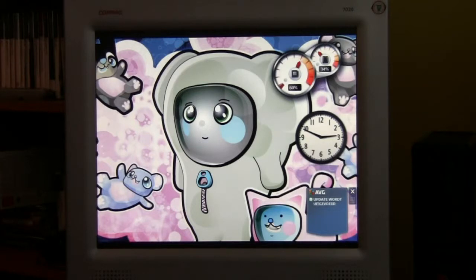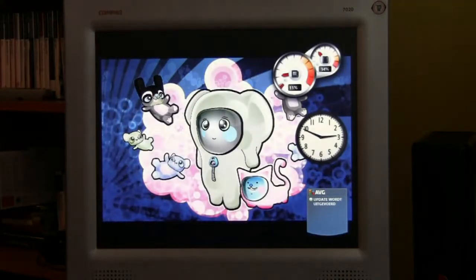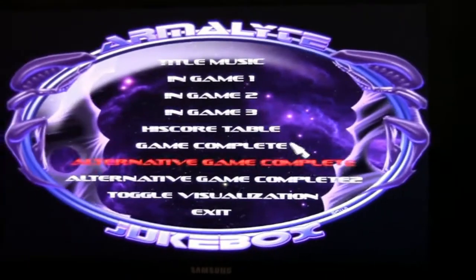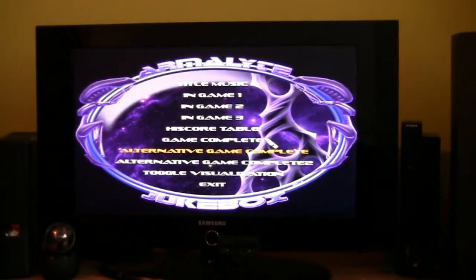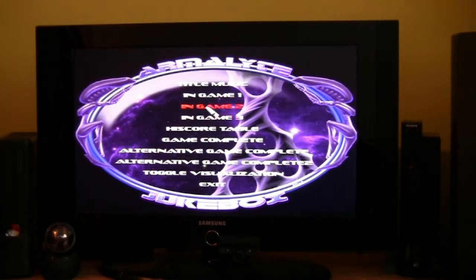So I've gotten a few shortcuts, and there's an Armalyte folder you can't see because I'm having the start menu on the other screen. There's an Armalyte jukebox, which is actually displayed on the other screen. So let's zoom out a little. Okay, so